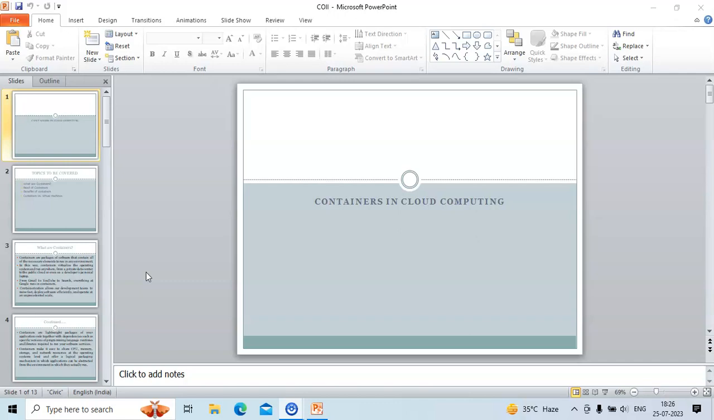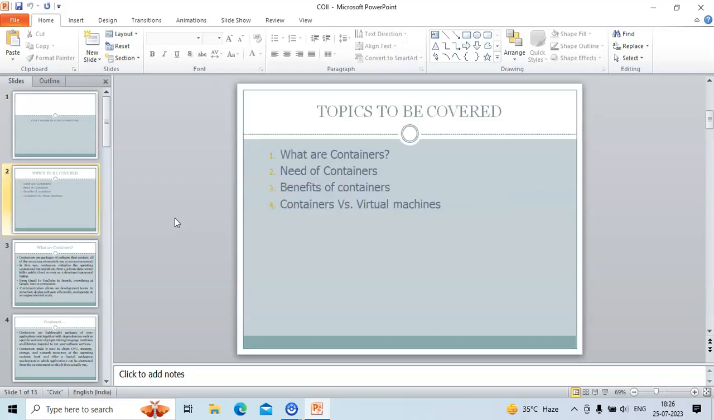Today the title of my video is Containers in Cloud Computing. In this video I will cover the following topics of containers in cloud computing. First is what are containers? Second is need of containers. Third is benefits of containers, and fourth, difference between containers and virtual machines. This video will really help you to know the basic concept of containers and where we are using containers